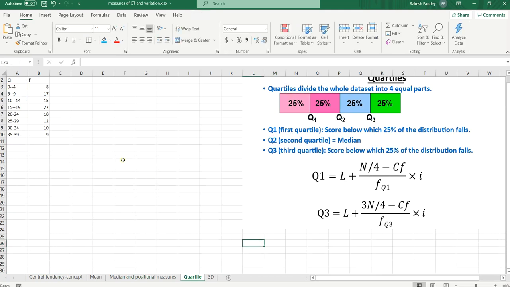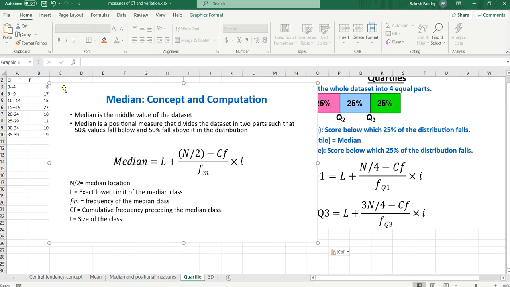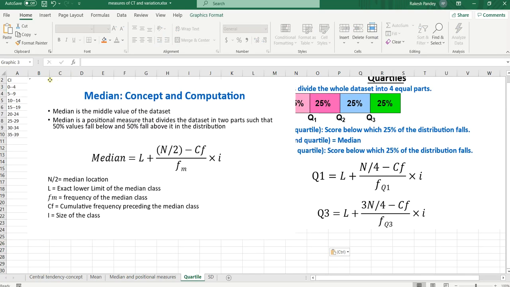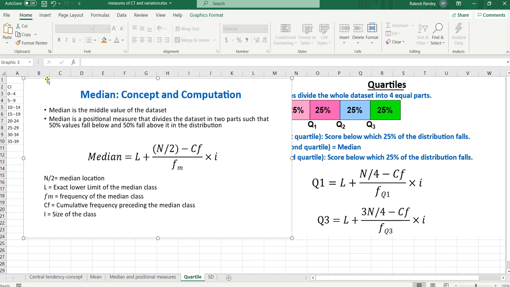Let us paste it here for a while, then I will remove. So you just compare. This is L plus N by 2. Here the only difference is that we are using N by 4. Why N by 4? Because